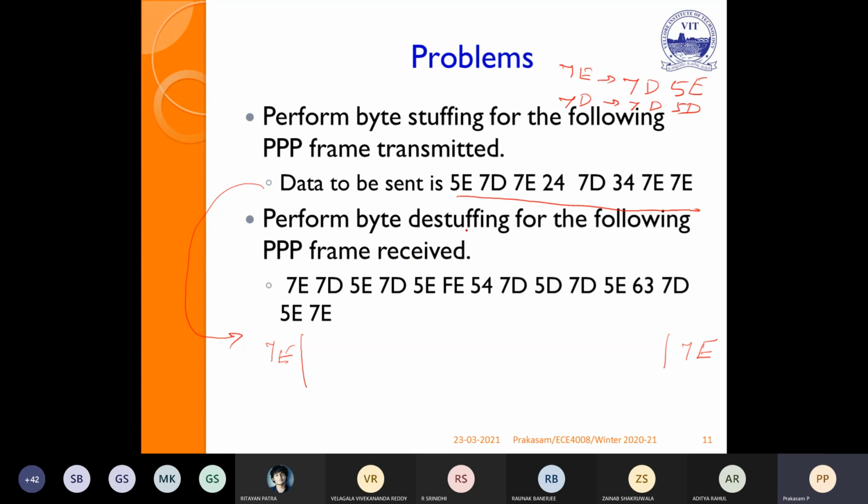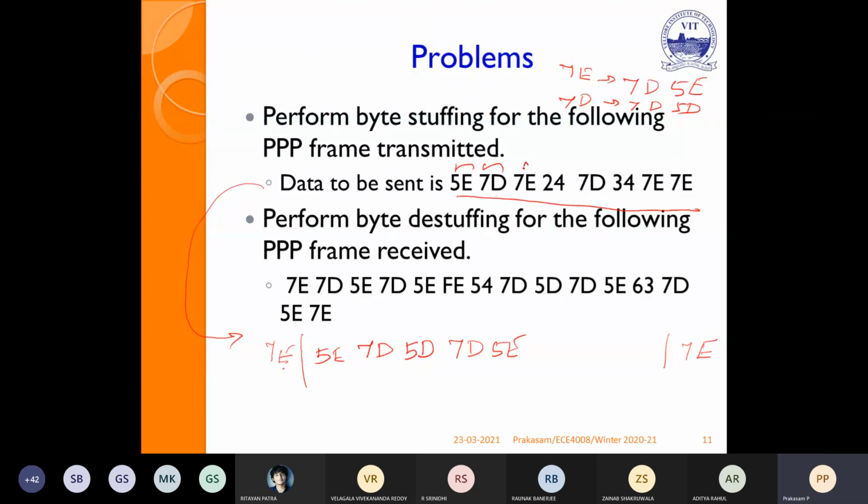Now, first 5E, I am keeping as it is. Second, it is 7D. If 7D is coming, we have to replace that 7D with 7D 5D. This is over. Next, 7E. To avoid confusion between the flag byte and information, 7E will be replaced with 7D 5E.